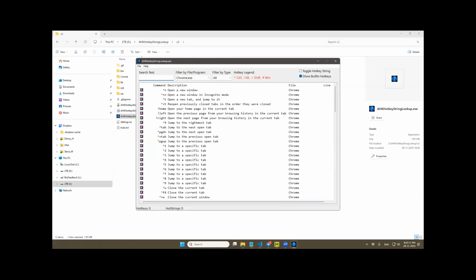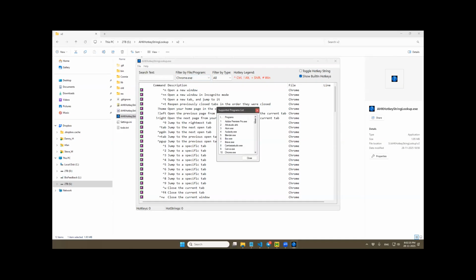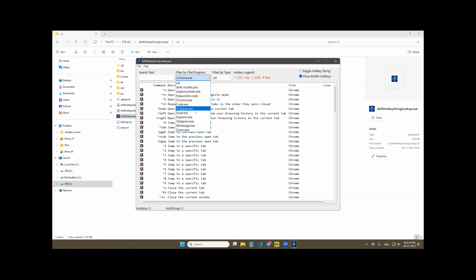So if I was running Excel, then it will end up here, and these are the list of the programs that our tool knows, and you can search the hotkey for, and it will only show you if that program is running. Otherwise, you will have thousands of lines and you need to filter them. So it's good to have a filter like this,